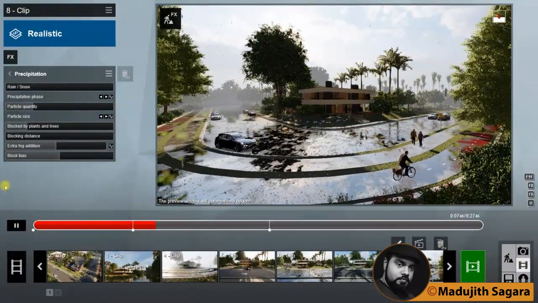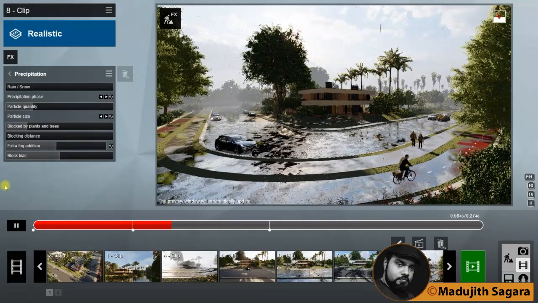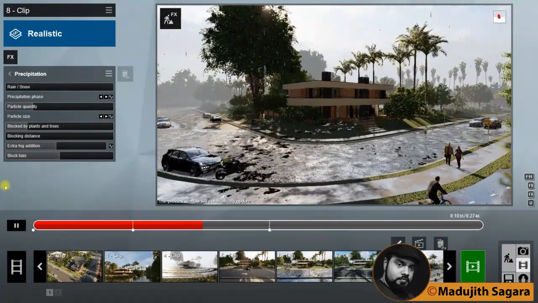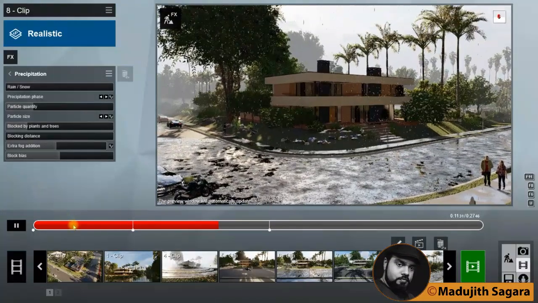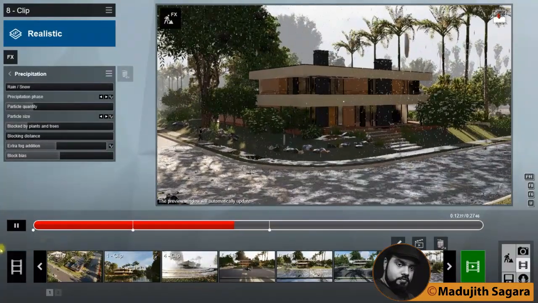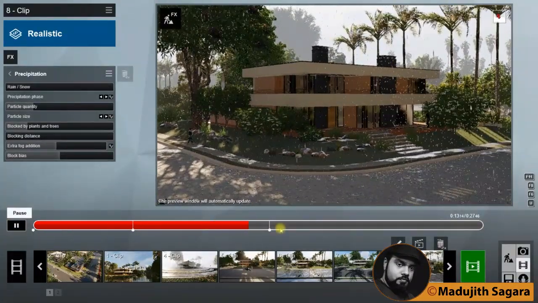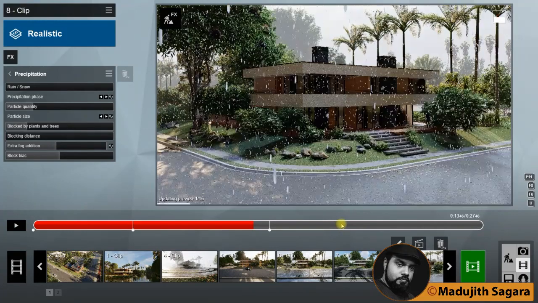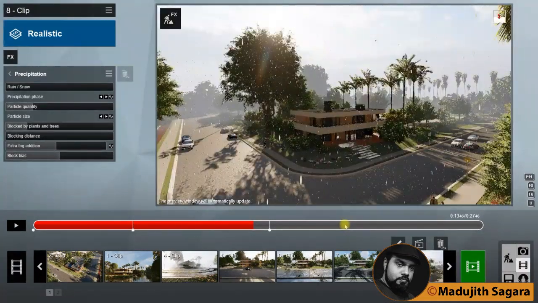Then I am going to add fog. We'll see. Then I will come to this position. Then I will add another keyframe. Then I will add extra fog. Like that. Then we'll see.